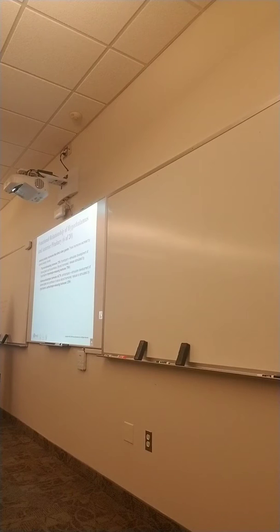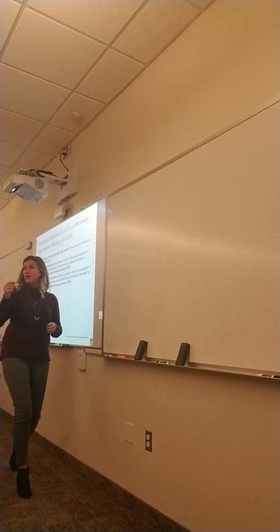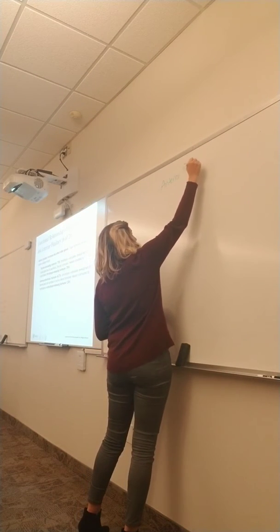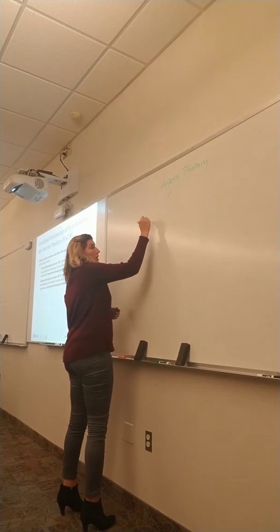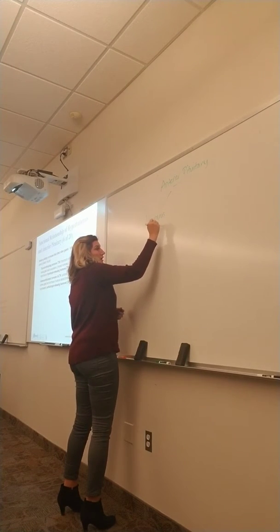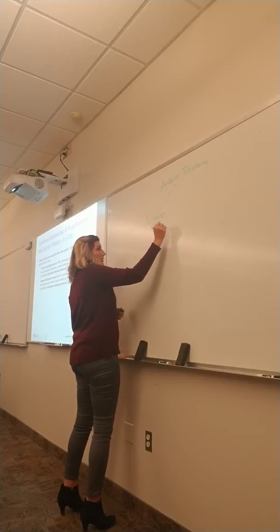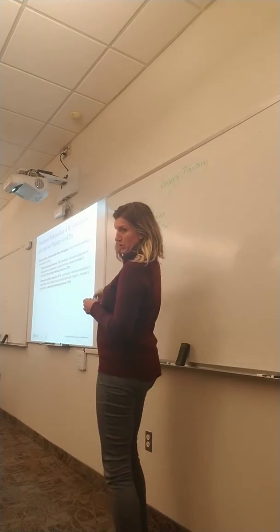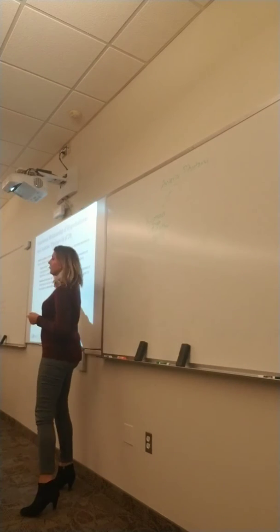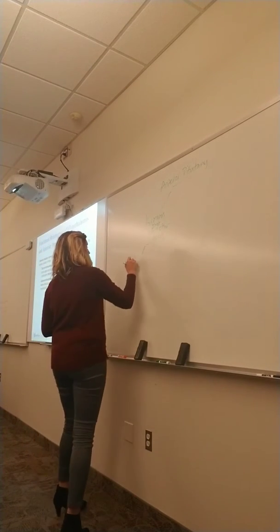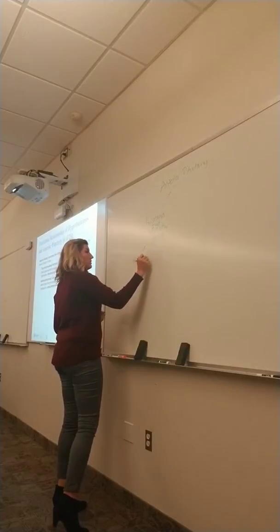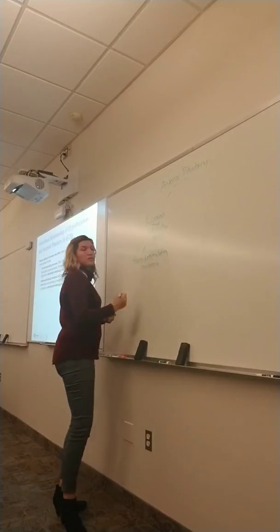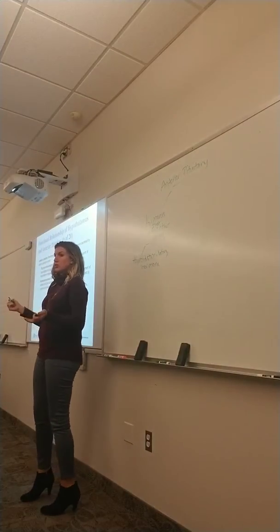So the anterior pituitary releases a couple of hormones that affect other glands. In other words, these are hormones that are going to go to other endocrine organs and tell them to release other hormones. So one of them is called thyroid stimulating hormone, or TSH. It does exactly what the name says. It stimulates the thyroid. It tells the thyroid when to secrete thyroid hormone.